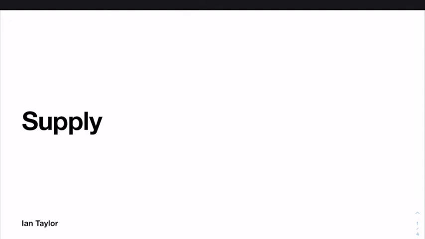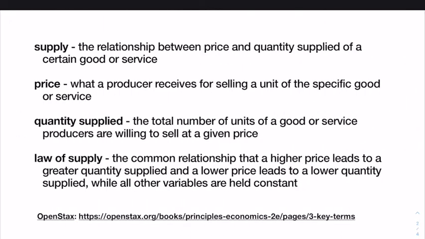In this video, you're going to learn about supply. Supply is going to tell us a relationship between price and quantity supplied. When we refer to price, we're looking at the price being set for selling the unit. So the producer gets to decide what this price is. When we say quantity supplied, we're looking at the total number of units that are being sold at that set